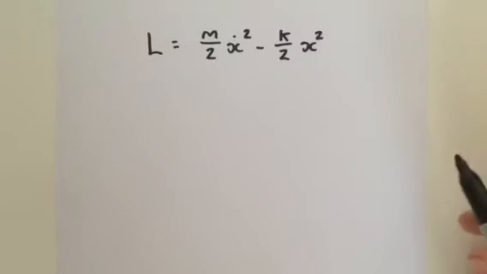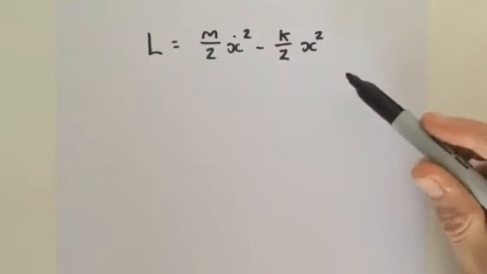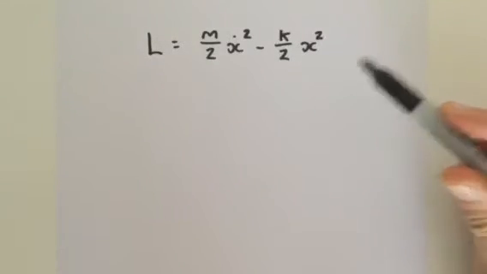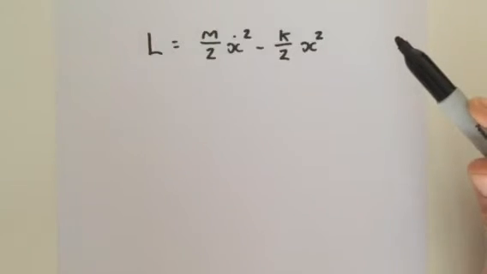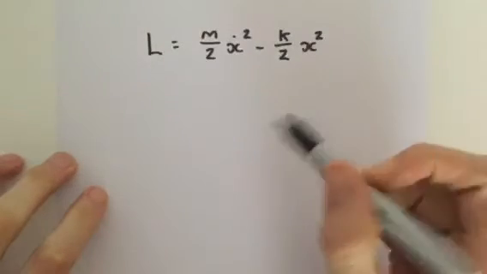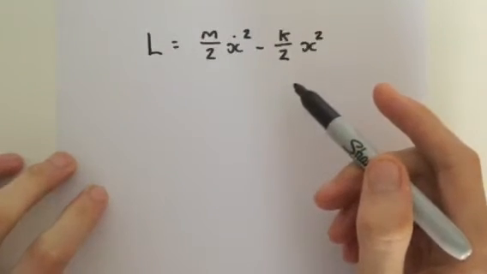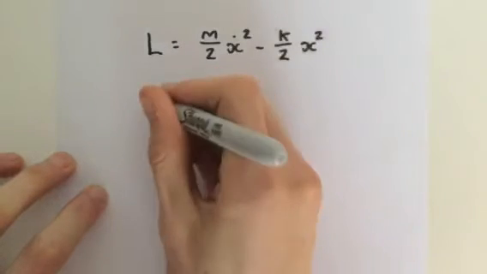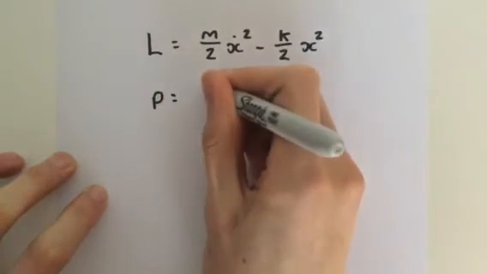Hello. So here we have the Lagrangian for a harmonic oscillator. And in this video we're going to derive the Hamiltonian and we're going to look at the Hamilton's equations to derive Hooke's law. So we know that for the Euler-Lagrange equation, momentum is equal to the partial derivative of